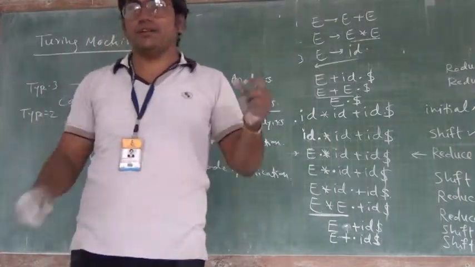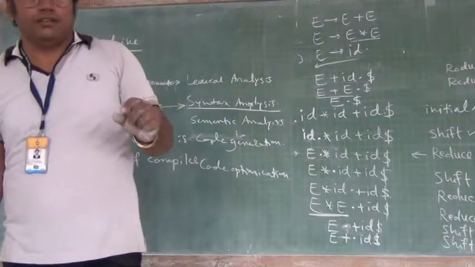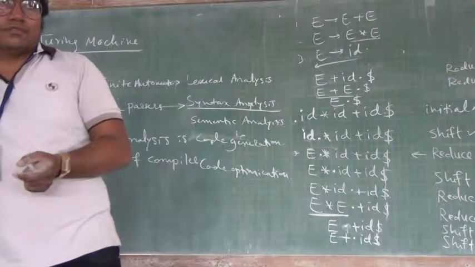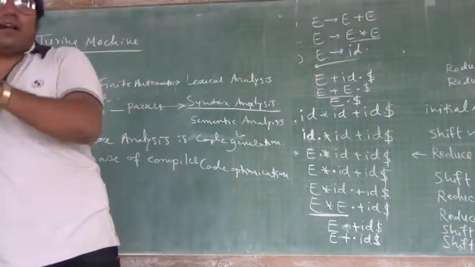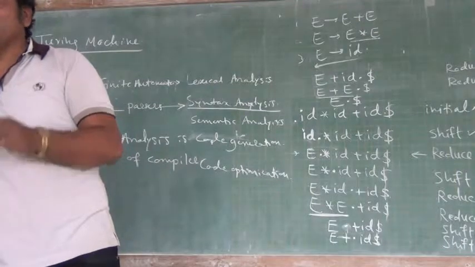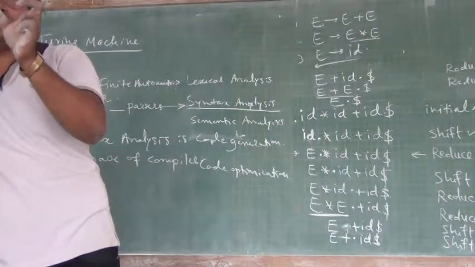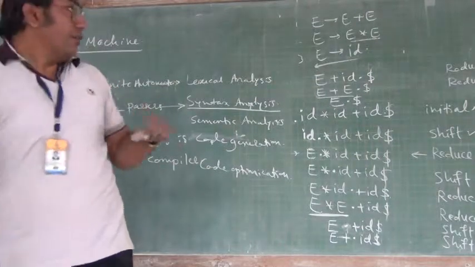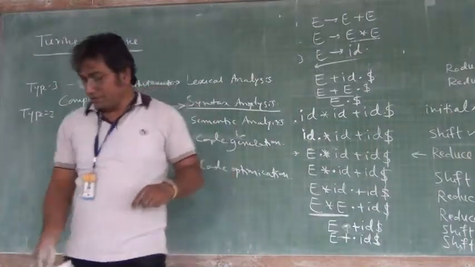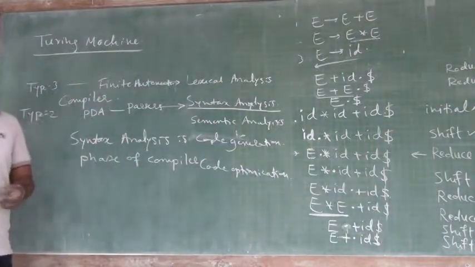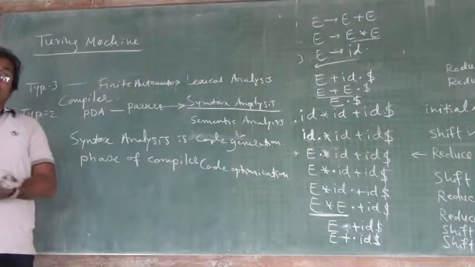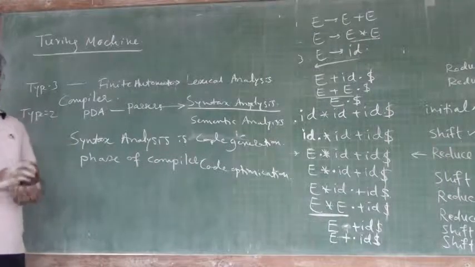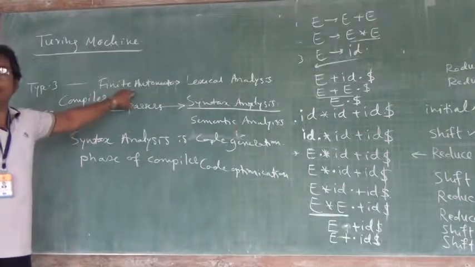We have seen the example that a variable should start with what? Underscore or a character, and after the character you can have any number of digits. We have rules to write a variable. By using that, your compiler can check whether the variable is correct or not, and to check the variables you need to construct a machine, and that machine can be constructed by using the concept of finite automata.